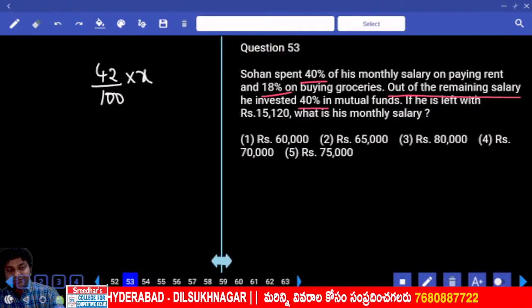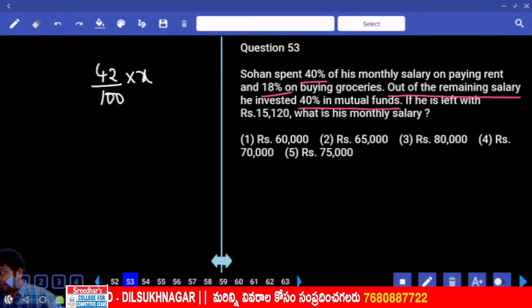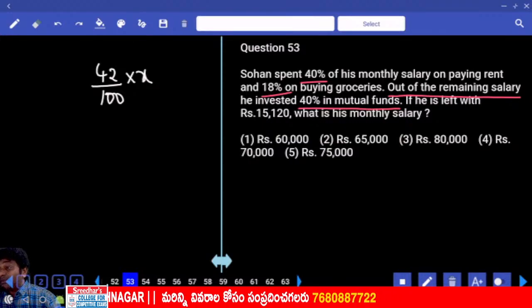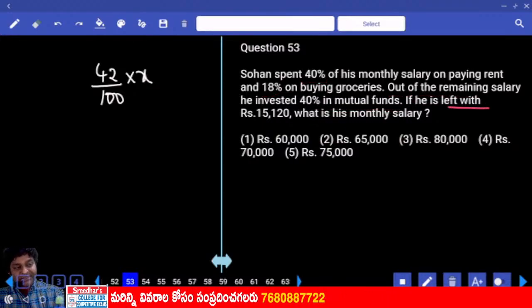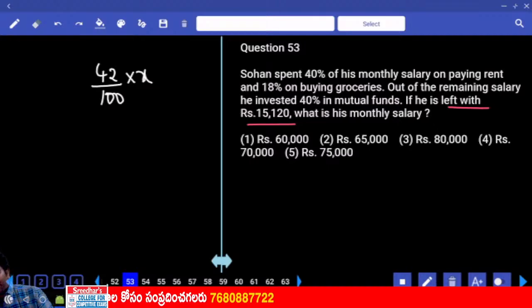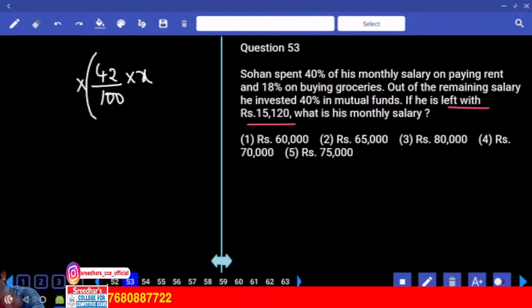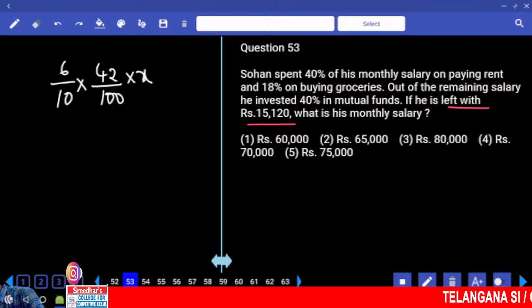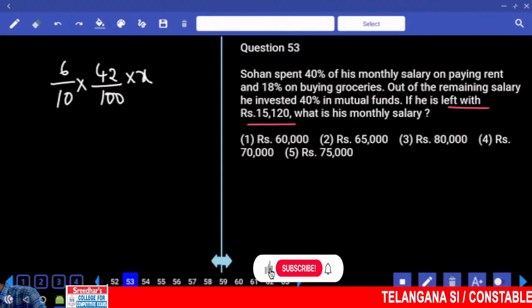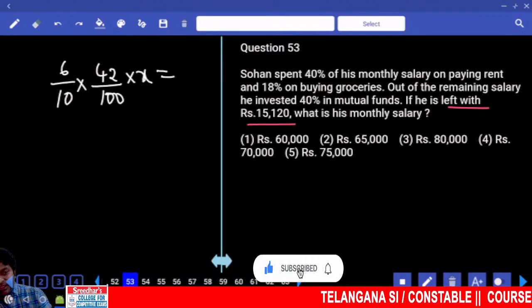He invested 40% in mutual fund. How much will be remaining? 60%. If he is left with 15,120, so 60% of this number only. 60% in fractional form, can I write it as 6 by 10? Instead of 60 by 100, I'll write 6 by 10. And this is equal to